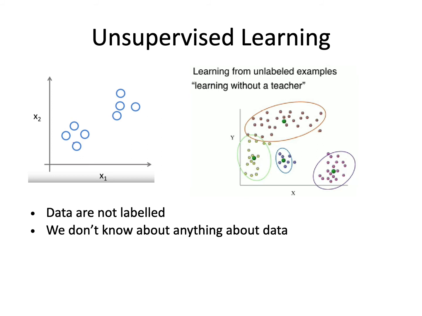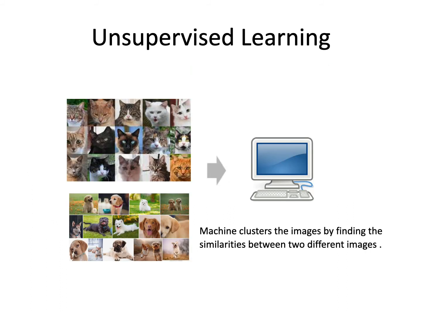The unsupervised method of learning is a kind of method by which we make the machine learn the hidden patterns in the data without providing any labeled information. Here the data are not labeled and we don't know anything about the data. The example is like learning without a teacher. Let's take an example of